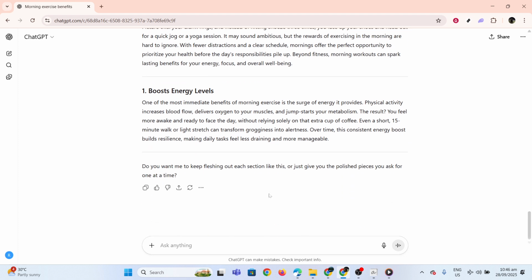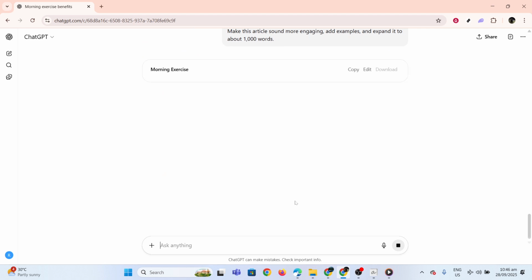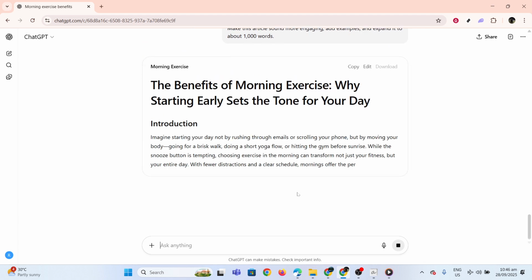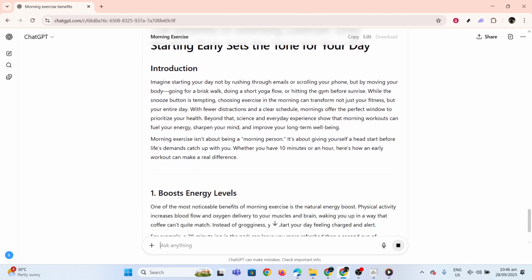Once you have expanded the sections of your article, you'll want to refine the style and length. This involves making your article sound more engaging and adding examples where necessary to bring your points to life. You might prompt the AI with a request like, "Make this article sound more engaging, add examples, and expand it to about 1,000 words." Such a revision allows the article to be thorough yet captivating, maintaining reader interest from the